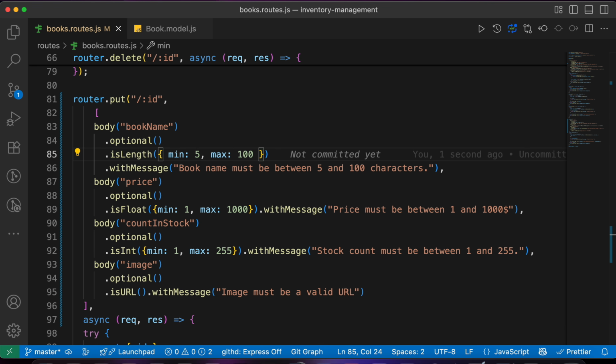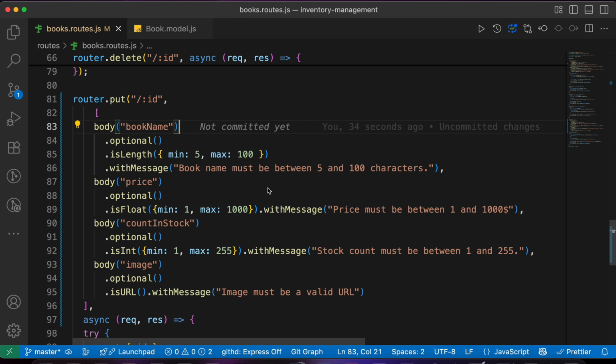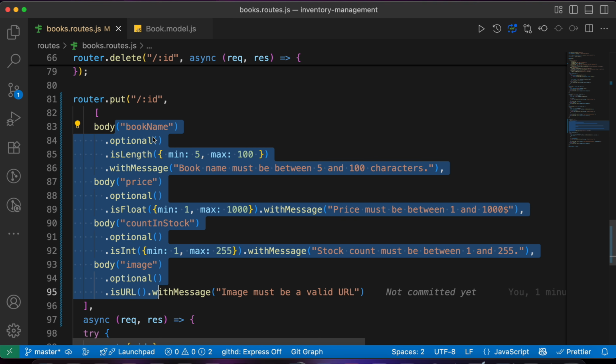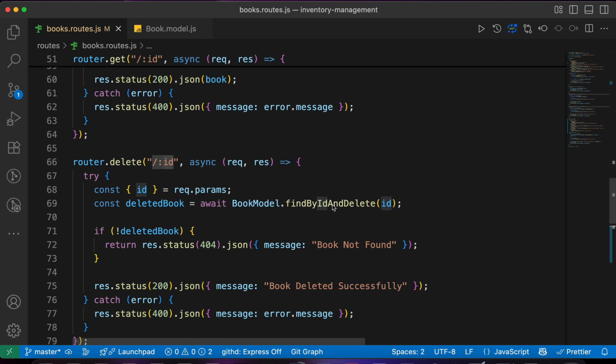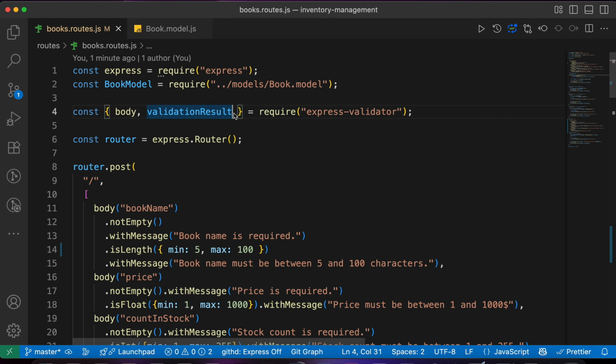Now we're done with the body, but if you have a look here, you're going to see another difference between the put request and the post request. And this difference is this ID. In updating, you need to pass the ID, but you don't send the ID in the body. We send it as a param here. So how do we add validation for params? Does the Express Validator library allow us to validate the params too? Of course it does. So if you go up here, you can add a third import called param to validate the params. So you can import it